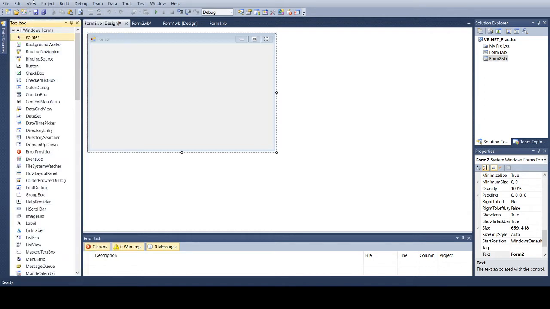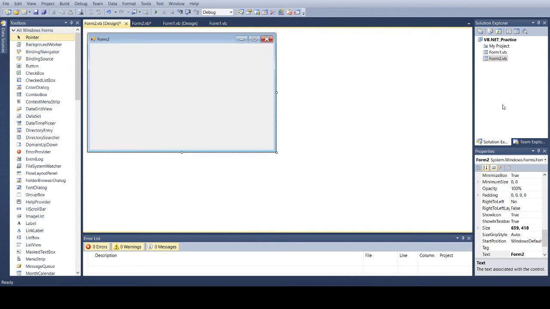If you want to see the toolbox, it is viewed on the left hand side of the screen. If it is not visible, you have to click on View and then click on Toolbox and make it visible on the left side. The middle portion is where you put the form, and in the form you will drag and drop all the tools available in the toolbox.